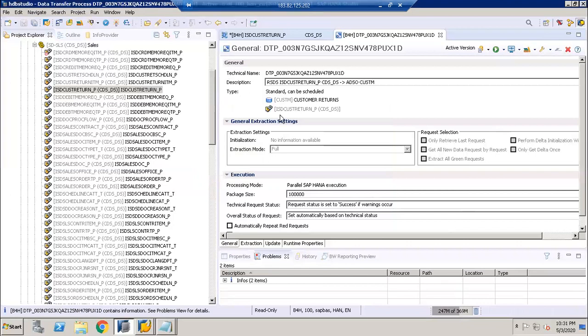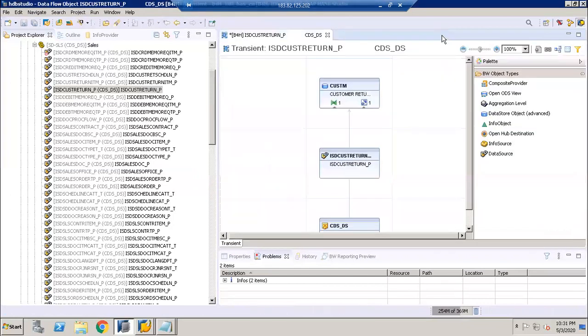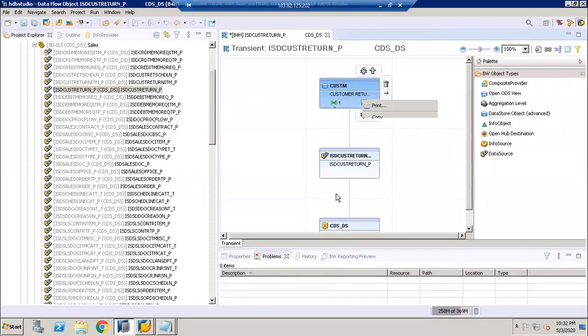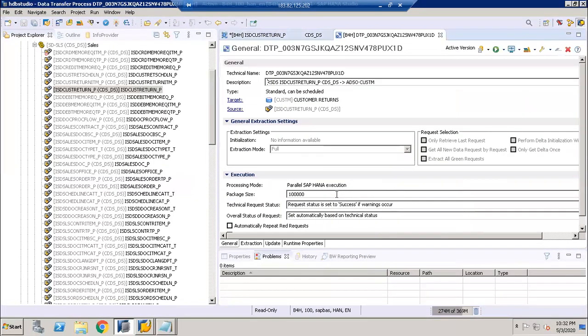Okay, so here my DTP gets activated. Fine. Now I will right click the DTP and go for display.